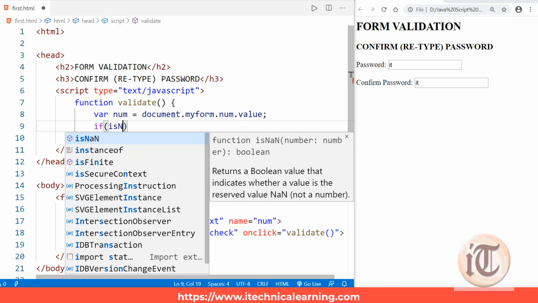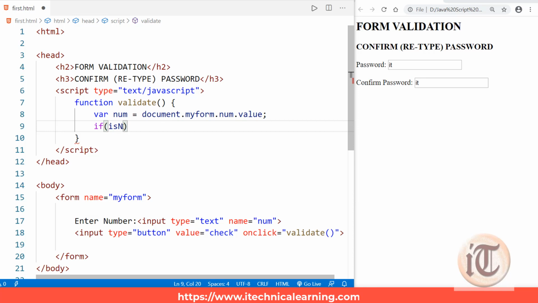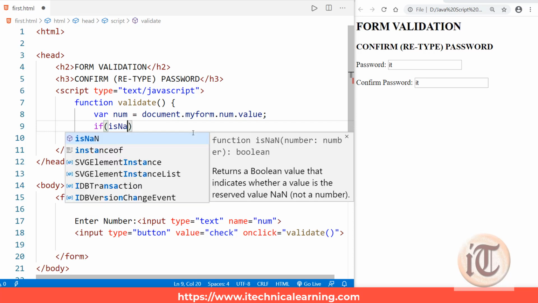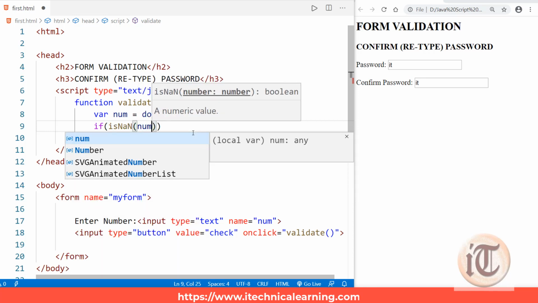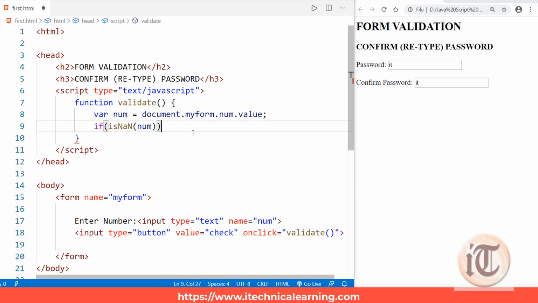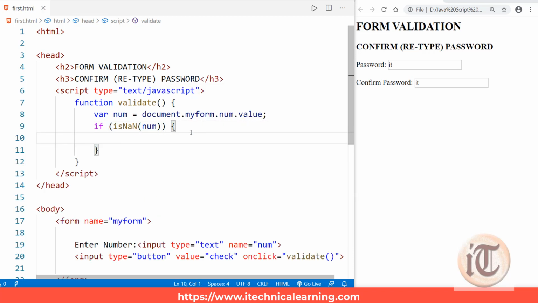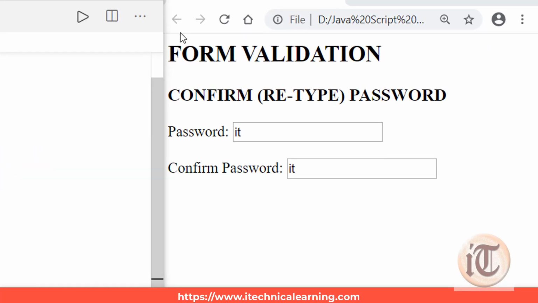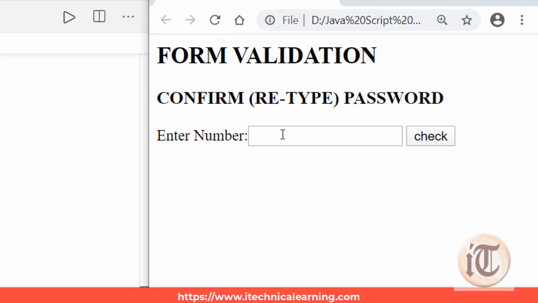Okay, so isNaN, you can see it returns a boolean value that indicates whether a value is the reserved value, that is not a number. So I'll check if isNaN, and inside it I'll provide the variable that is num. So if the provided num is not a number, then in such case I'll alert a message saying not a number. So if I save the page and I refresh my page, you can see it is now